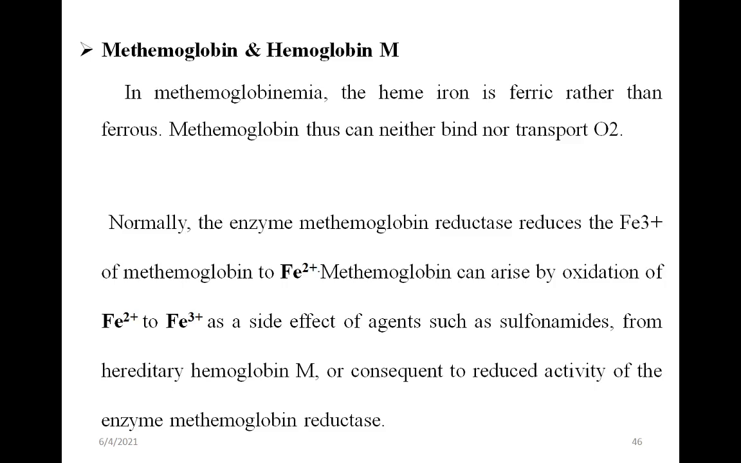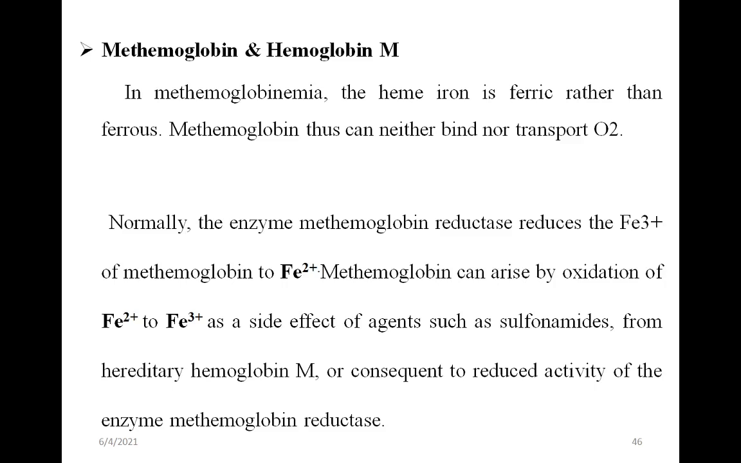Due to mutation of the gene, this oxyhemoglobin cannot be oxygenated, right? Normally, the enzyme methemoglobin reductase reduces the ferric iron of methemoglobin to ferrous iron. This methemoglobin can arise by oxidation of ferrous iron to ferric as a side effect of agents such as